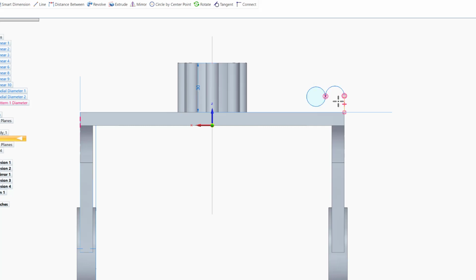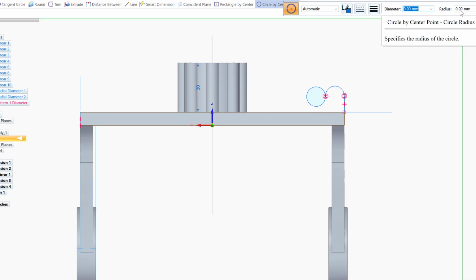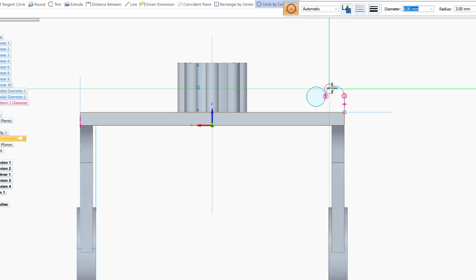we need another circle inside here. So let me do the circle by center, and the circle inside is 6. So I'm going to put 6 millimeter. Enter, and I'm going to highlight the circle here, so I can get this one in the middle. Okay, so now I got it in the middle, and then with the tangent here just around in the tangent,